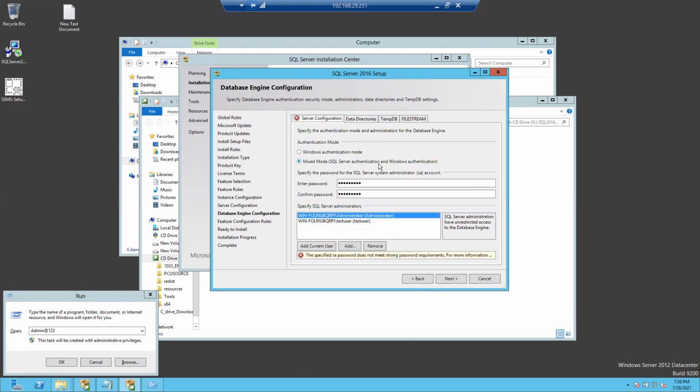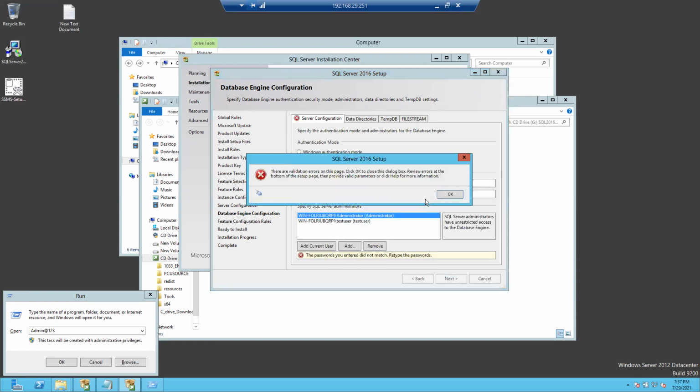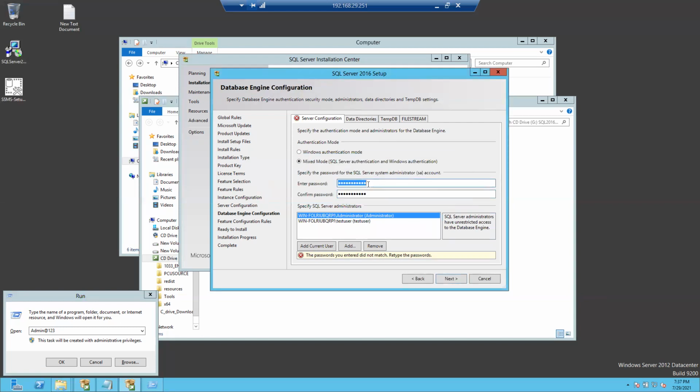Same path. We need to give a strong password. Okay, next. It did not match. At the rate 1, 2, 3, 4, 5.